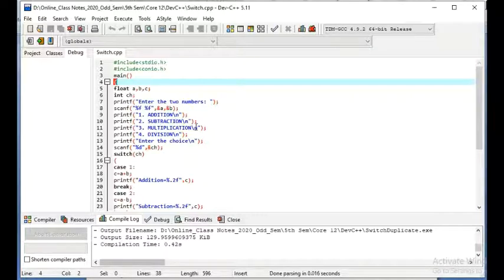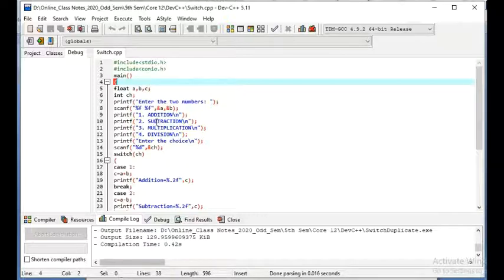And if we want to perform the division by the second number, we can choose the fourth option, that is division. Now here A is the first number, B is the second number, and in C we can store the value of whatever operation we perform with these four options.